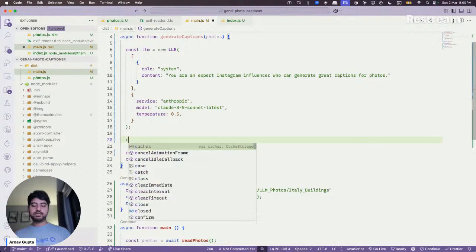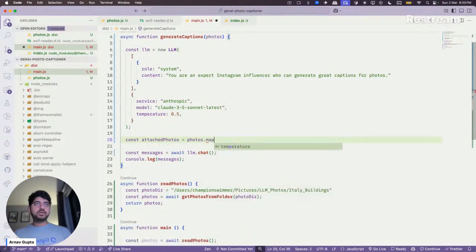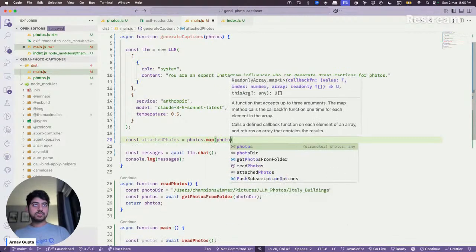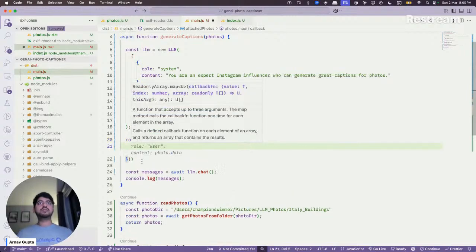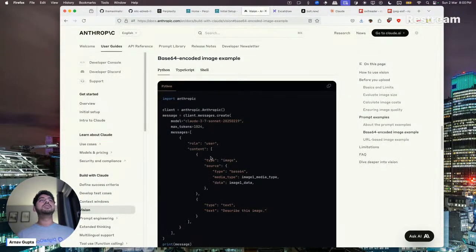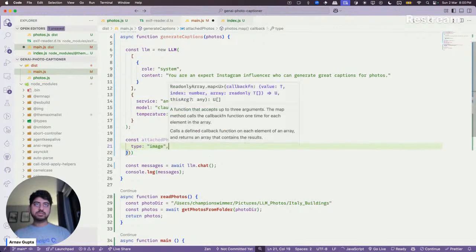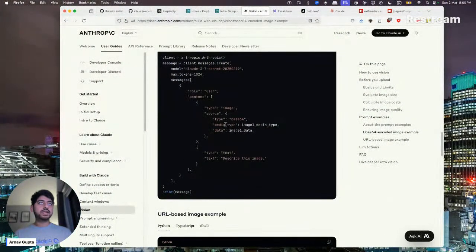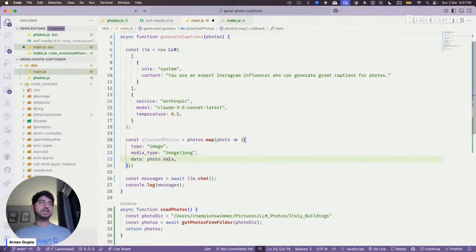So what we'll do is photos.map, and as we saw, what we require is photos of this format: type image, and media type being JPG, and data being photo.data.